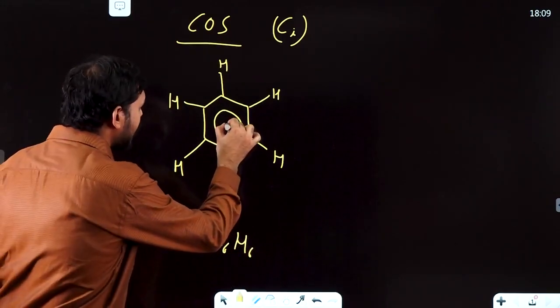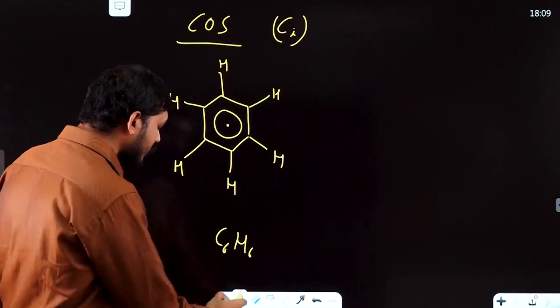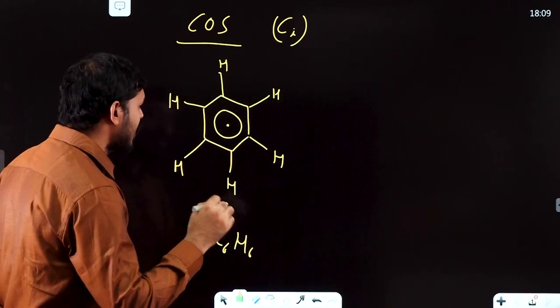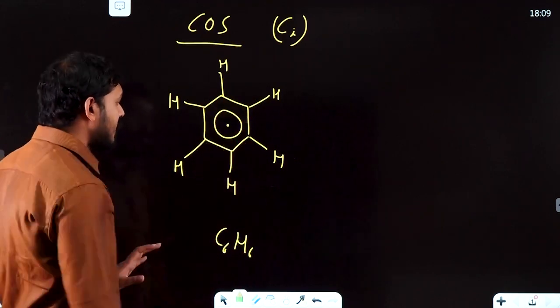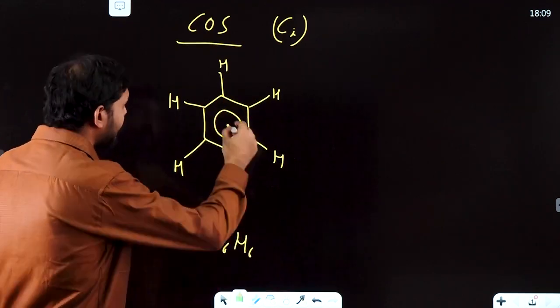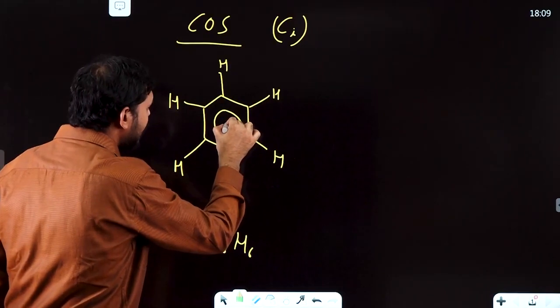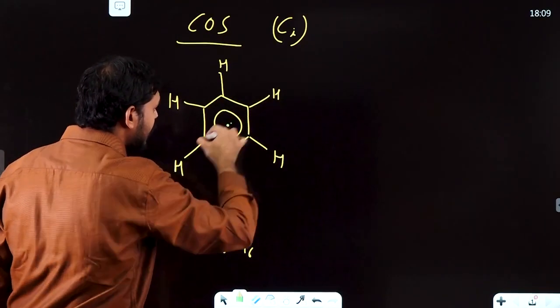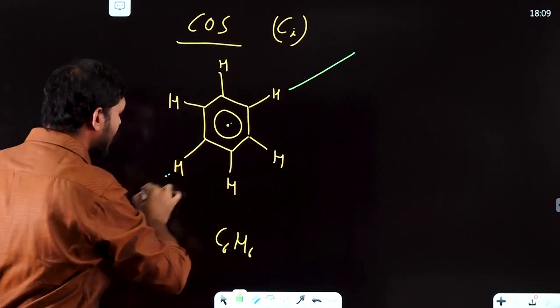Now I am taking this center point. First understand center of symmetry with this example, then I'll carry out the definition part. From this center point, if I draw a line in this way, suppose this line,